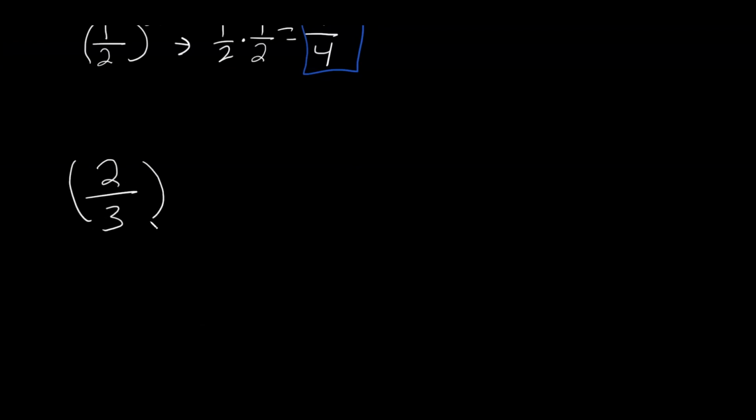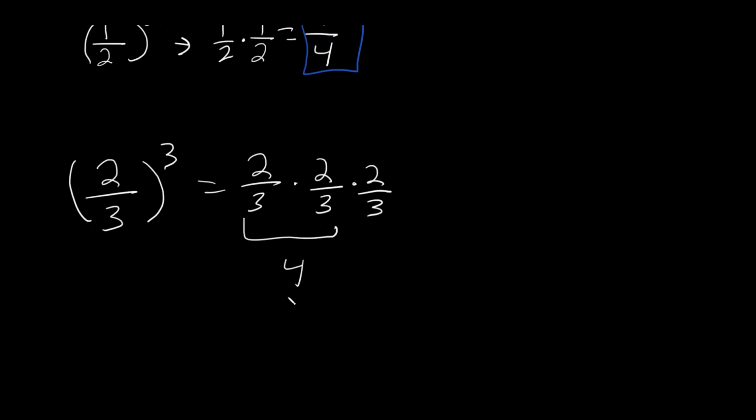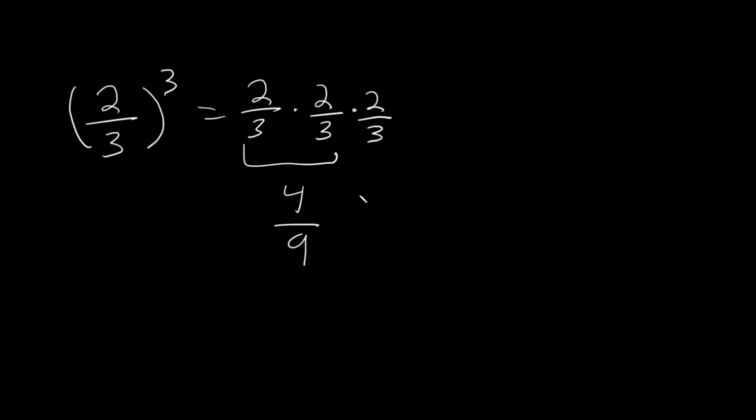2/3 to the third power. This is going to be equal to 2/3 times 2/3 times 2/3. So this is just going to be 2 times 2, which is 4, and then 3 times 3 is 9. And we still have another 2/3 to multiply by. This is going to be equal to 4 times 2 is 8, 9 times 3 is 27. 27. So our answer to this problem